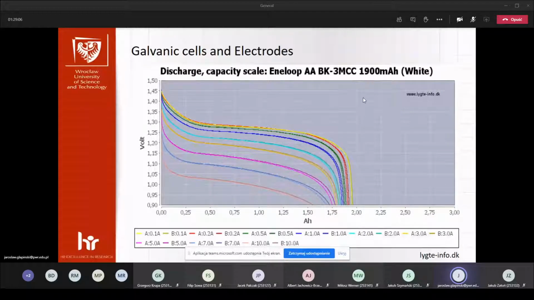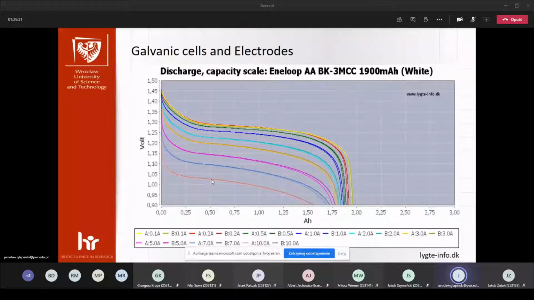milliamperes. So you can see that using different discharge currents, we achieve different voltages on the cell. You can see that the voltages are dropping faster. So generally,